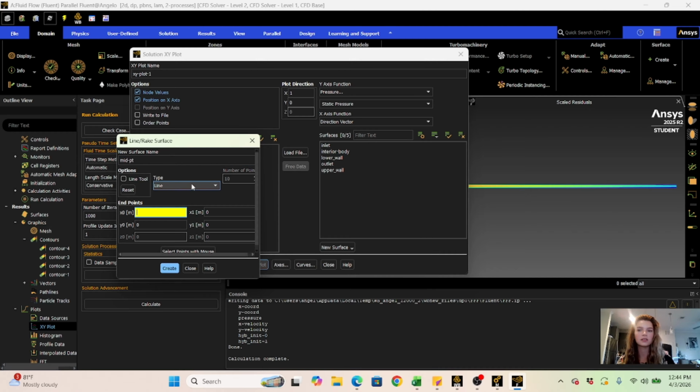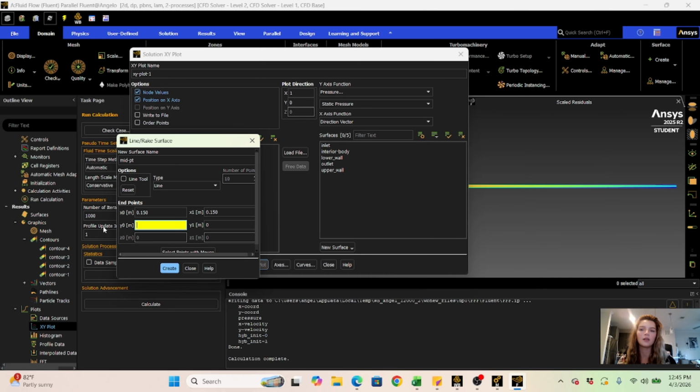So start of the X. So we made it 300 millimeters long, which makes it 0.3 meters. And then we're going to do half of that, so it's going to be 0.150 for both, because we're doing a line straight up and down, so that all that's changing is the Y